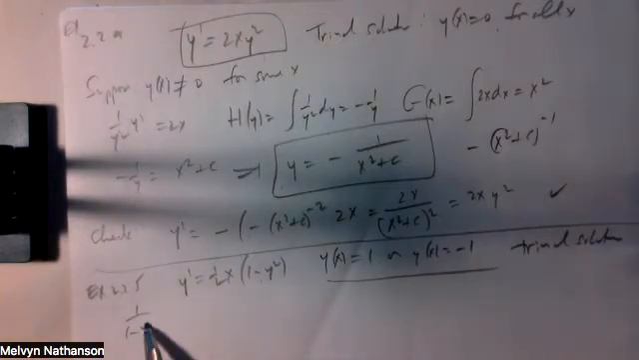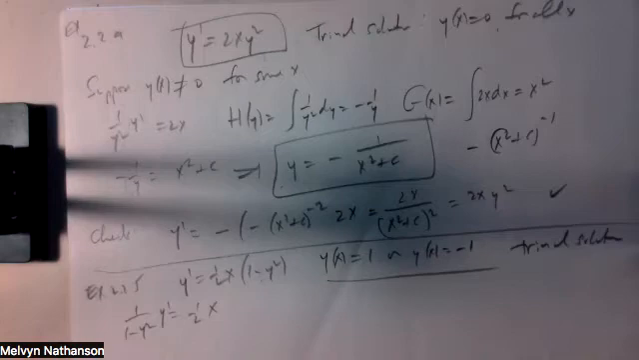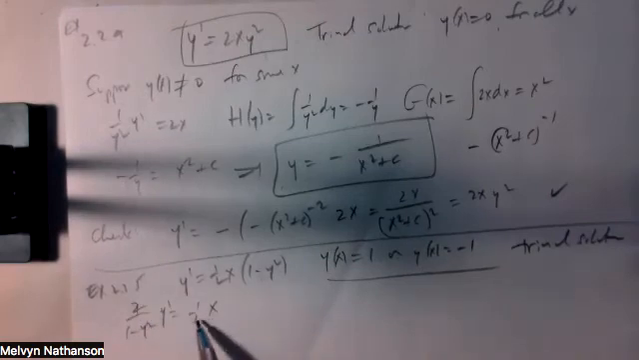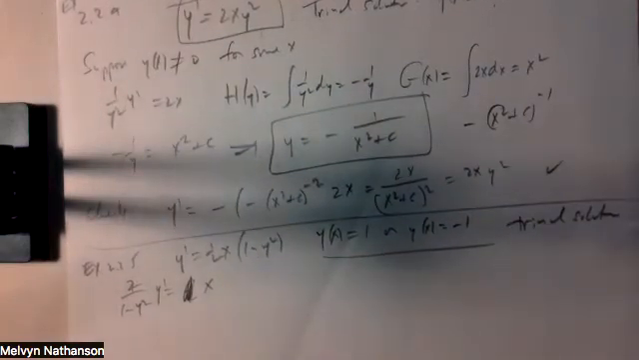So you get 1 over 1 minus y squared times y prime equals a half x. Or actually, let me multiply by 2. 2 over 1 minus y squared times y prime equals x. And again, you have to use a little bit of calculus. So you learned